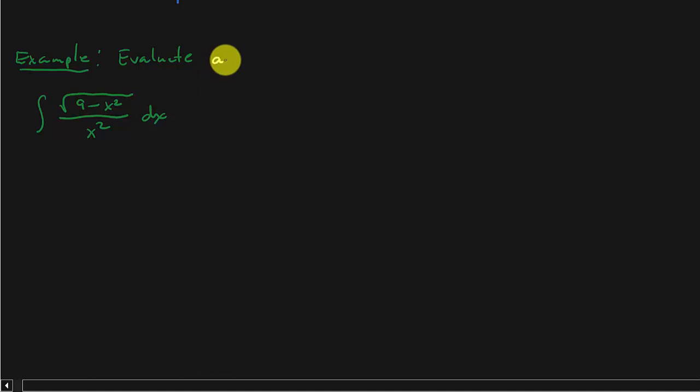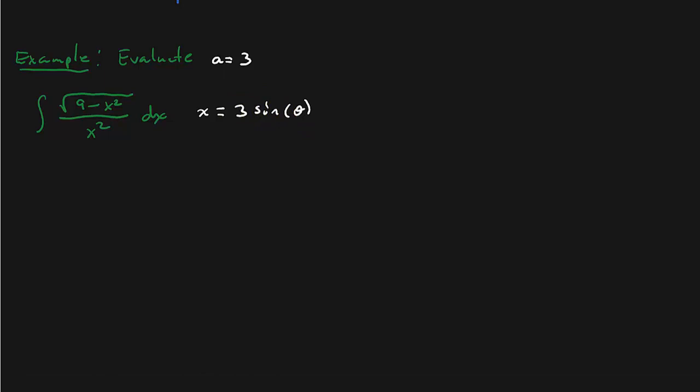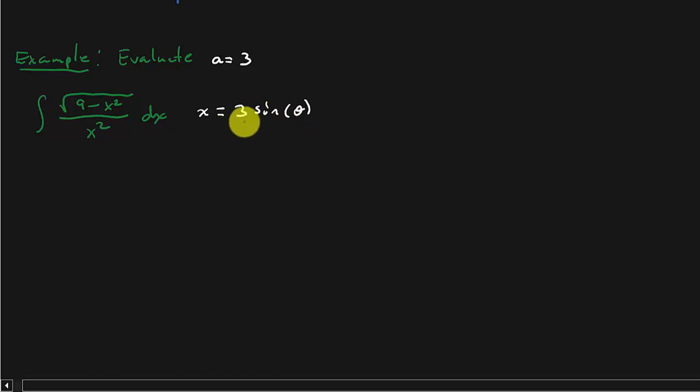So we know a is equal to 3, because 3 squared is 9. So we're going to let x equal 3 sine theta. All right, and now we're going to put 3 sine theta in for x here and here, but